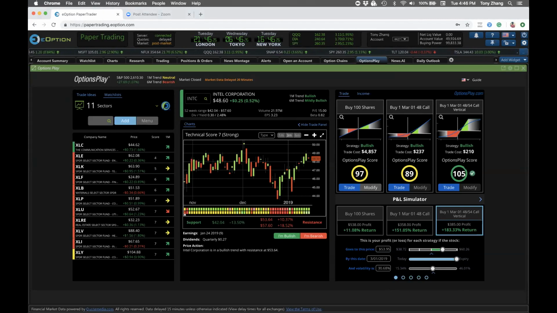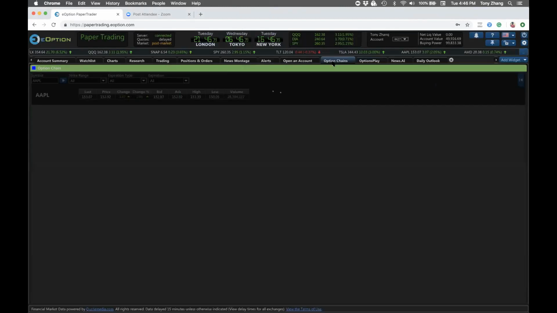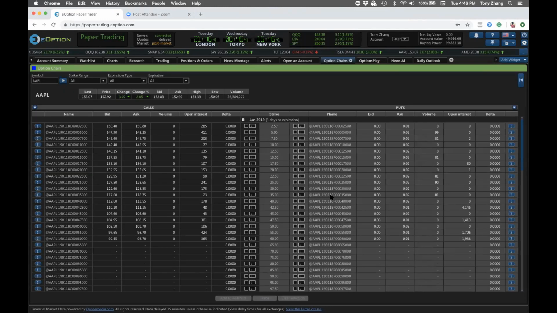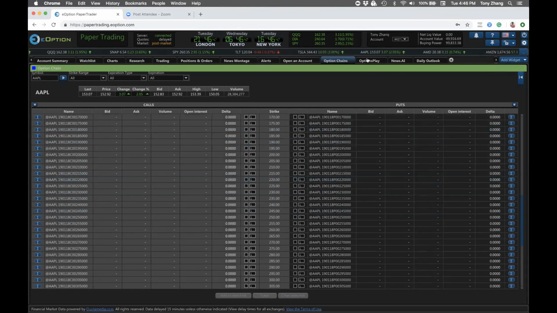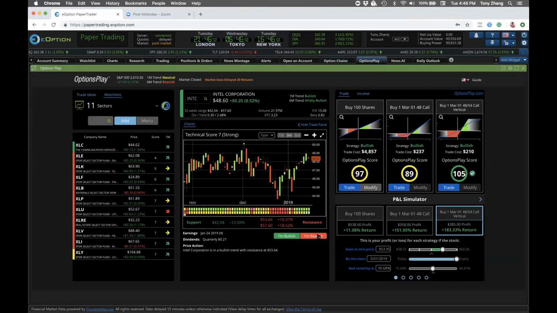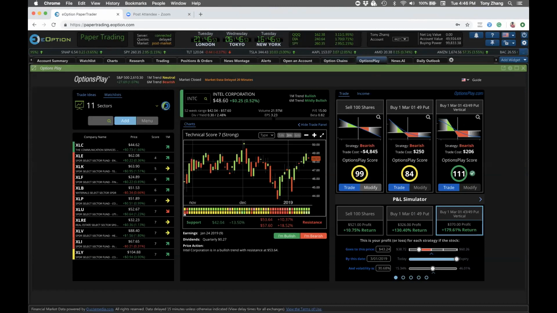And we'll always default to these 3 strategies and provide you with not only the strategy itself, but also starting points on expiration date and strike price. This means that you don't have to pull up an option chain and go through the entire chain just to look for an expiration date or strike price to start with. We will provide you with some guidance as to where to start. And same thing for bearish. Selecting 3 strategies if you're bearish on Intel: shorting the stock, buying a put option, a simple option strategy, or buying a put vertical, a more complex option strategy.